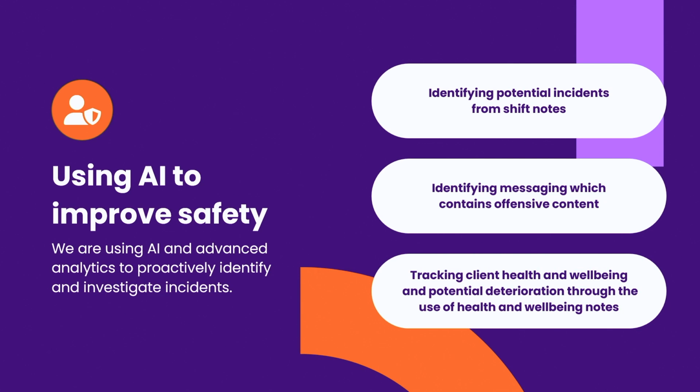So one of the things that we do is we look at all shift notes to try and identify if there's been any incident within a shift. And so if we scan and we can find any phrases or words that are correlated with an incident, then our trust and safety team will do an investigation on that shift. So for example, if we see words like ambulance, fall, harm, police, then we'll go and do an investigation. So the idea behind this is we're trying to keep you guys safe. We're trying to do investigations to make sure that we've got the right people on the platform so that you guys have got more comfort when you're going out to support the clients that we have.